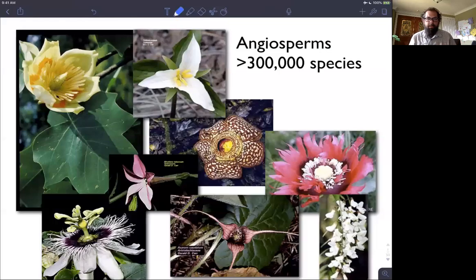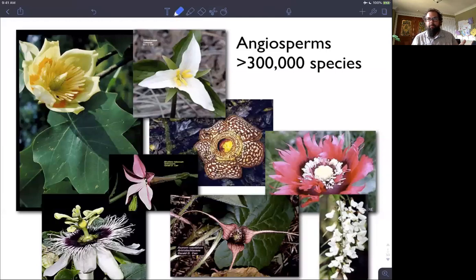Hey everybody, welcome back. Today we're going to move into our last section of material and focus on angiosperms, and specifically on angiosperm reproduction. You've seen this slide before when we talked about seed plants, and I show this here to illustrate a couple of things. One is one of the main synapomorphies, and we'll go through these in a second, for angiosperms, which is the